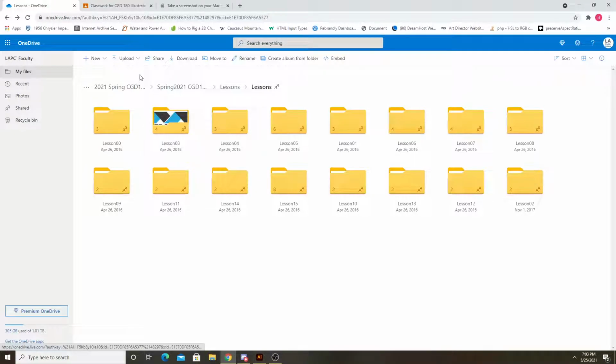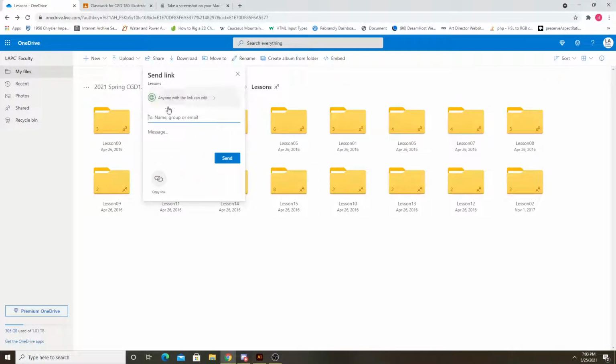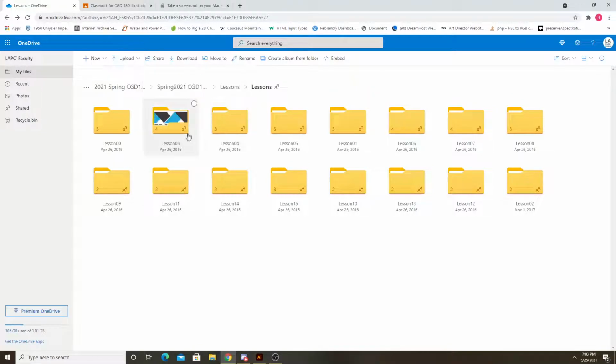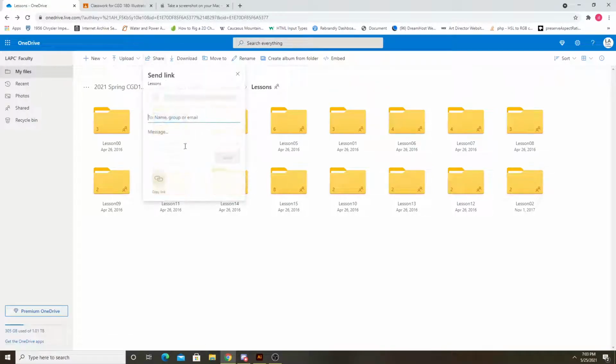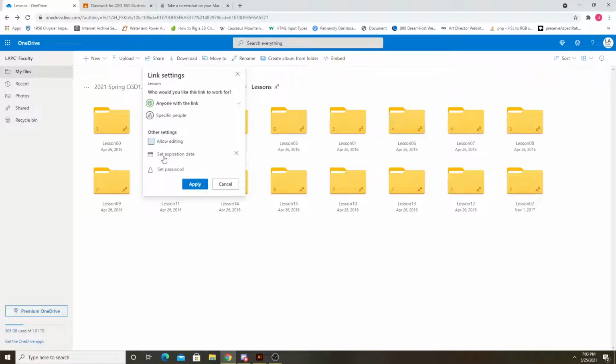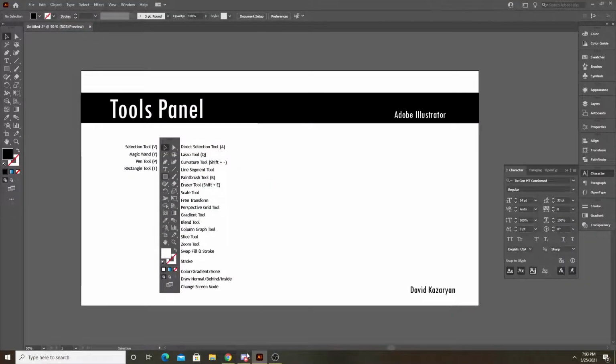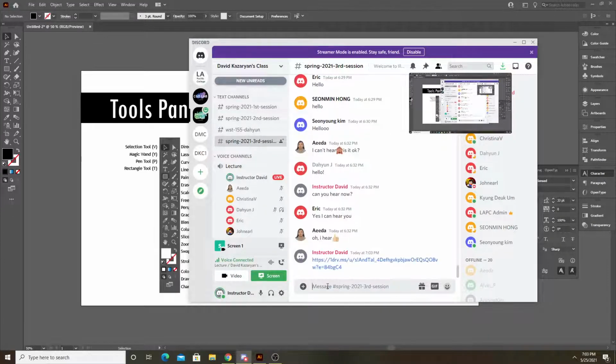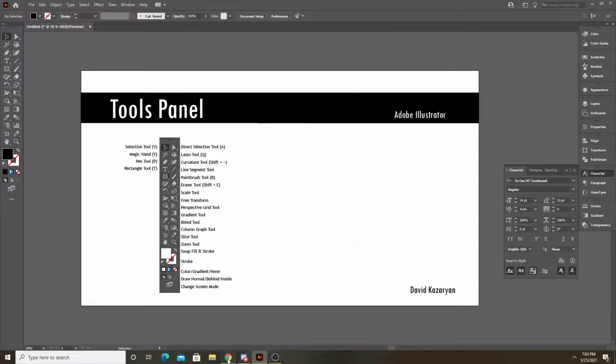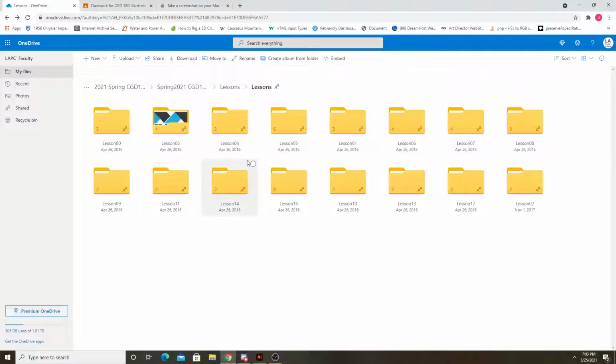We have lesson files in the OneDrive, so let me share these with you. Share, apply, copy link, paste that there. I don't want to do exactly what the book lesson is, but I'll do something related